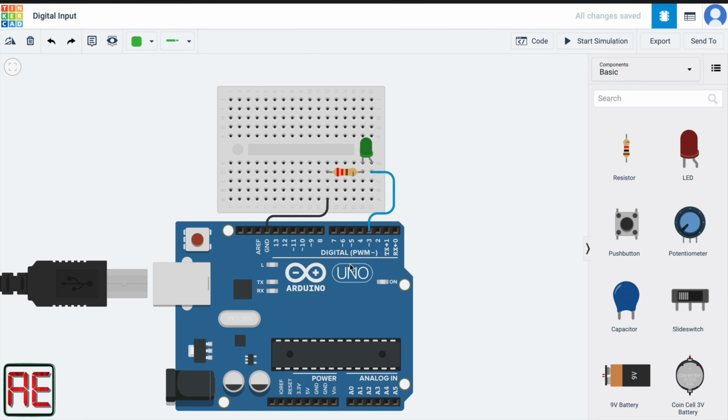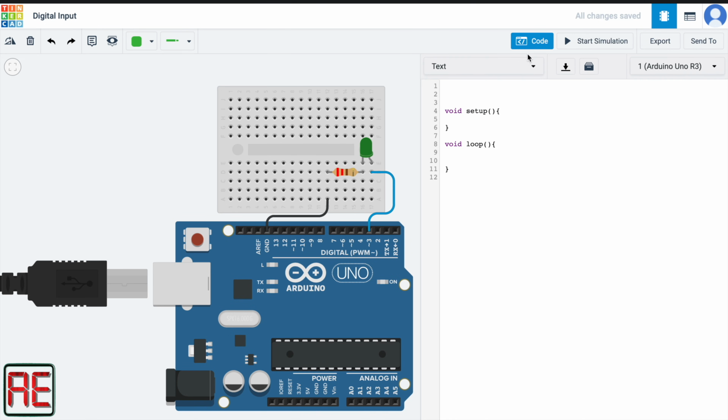The idea for this example is also quite simple. We are going to use the analog write function to control the LED brightness in 3 stages. In the first stage, the LED will be turned off, which means 0 brightness. In the second stage, the LED will have a low brightness. And in the third stage, the LED will have maximum brightness.